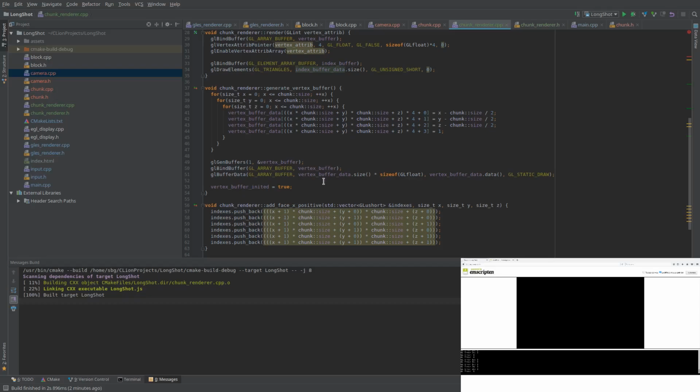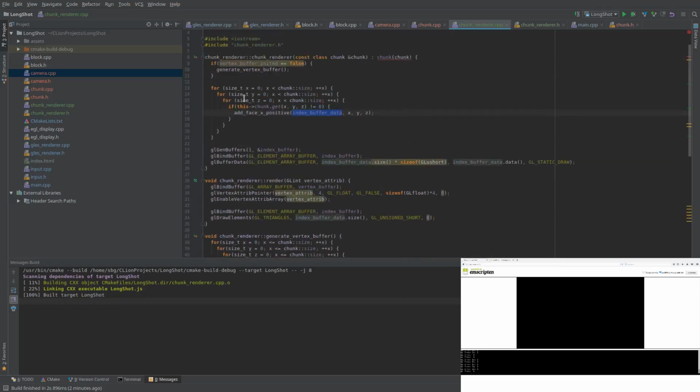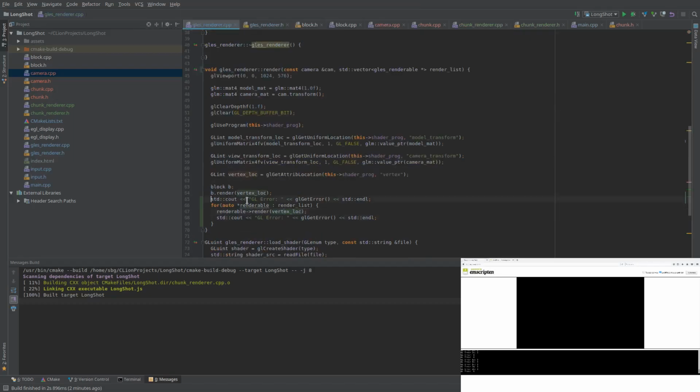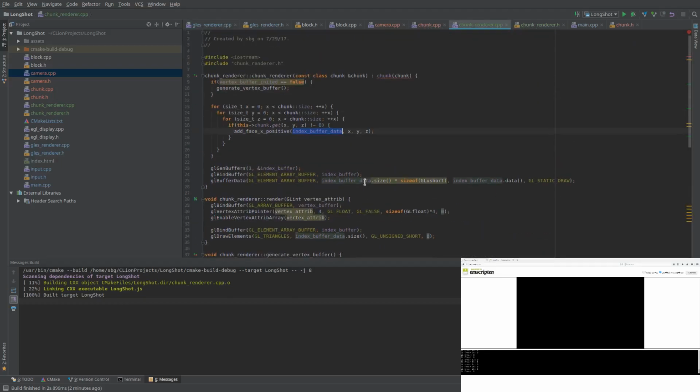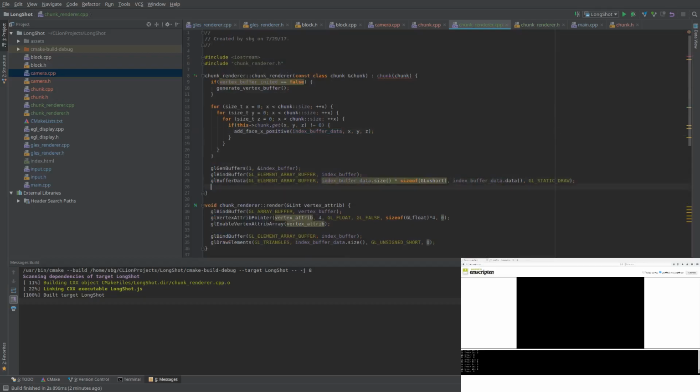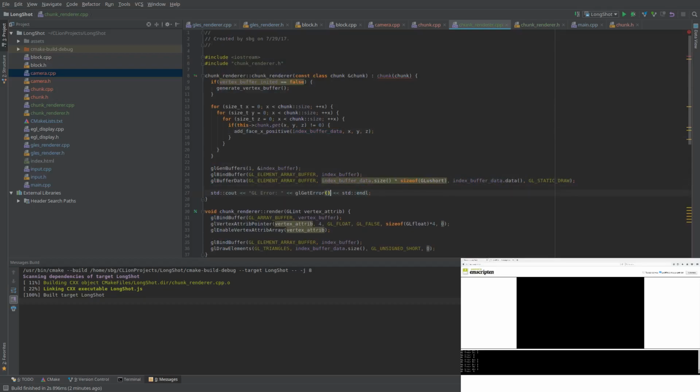Just for the hell of it, over in the GLES render, I want to just disable these two calls because otherwise my console is going to get completely and utterly spammed in a moment with that, and I want to pick up something relatively early because what we want to do is try and print out the size of both the vertex and index buffers